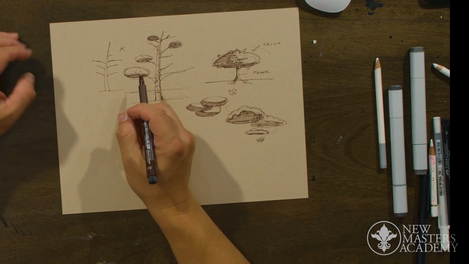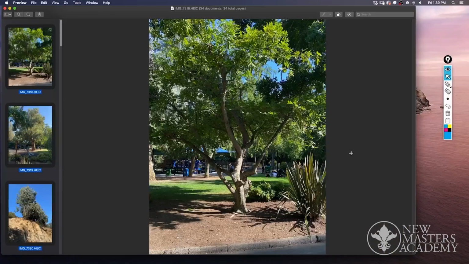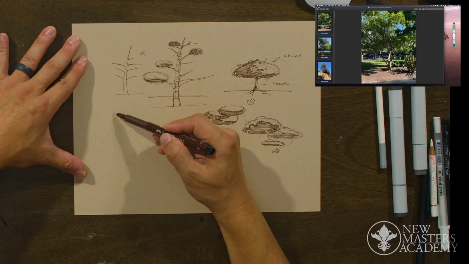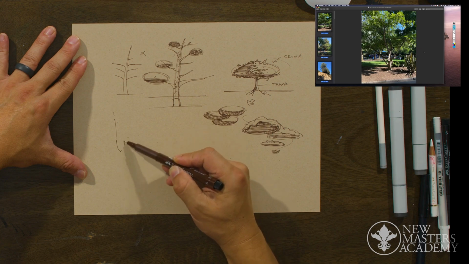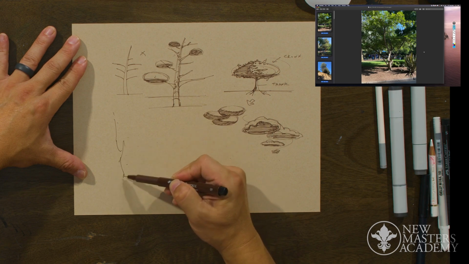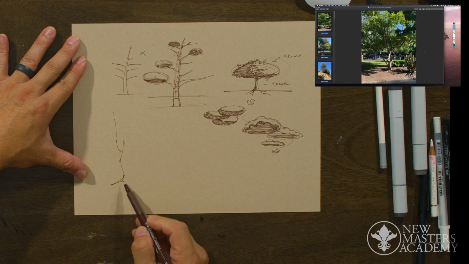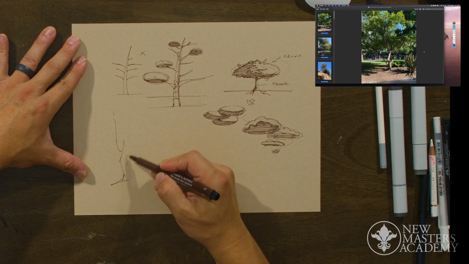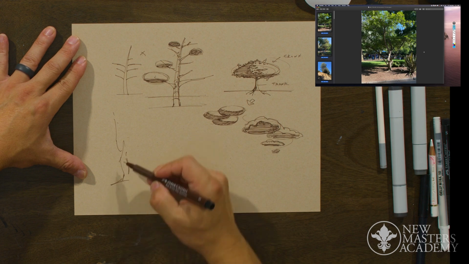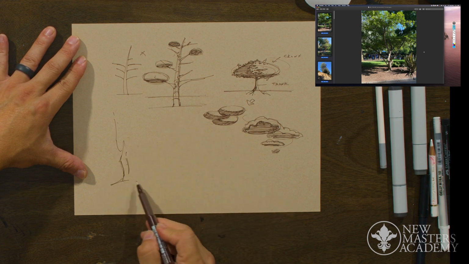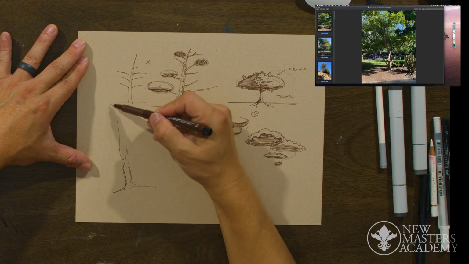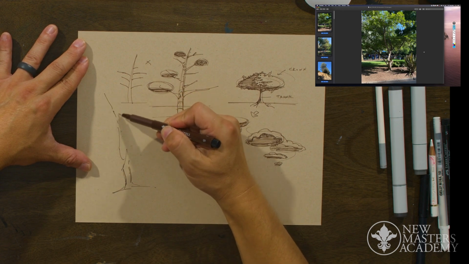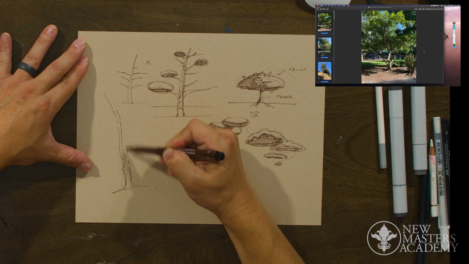All right, let's look at a picture reference. So we've got these trees right here. The tree trunk goes all over the place, so I'm just going to pick out the important ones. I see one right here, the long branches coming down like this.